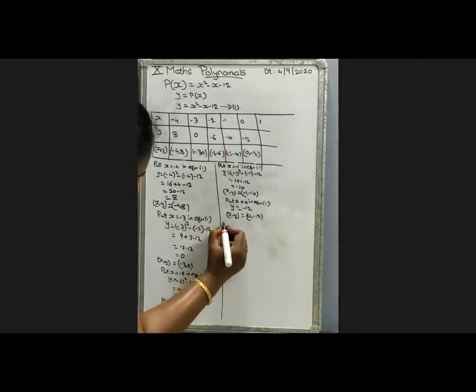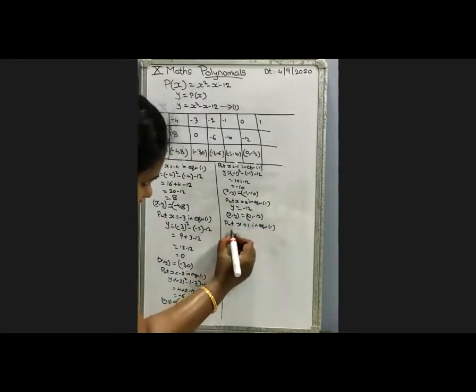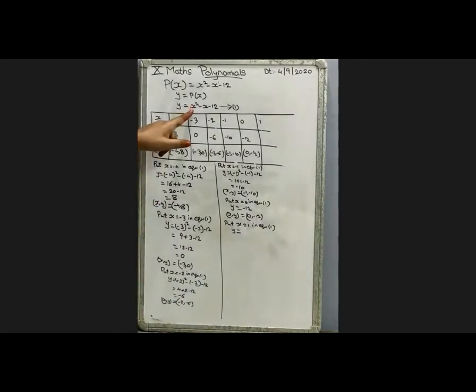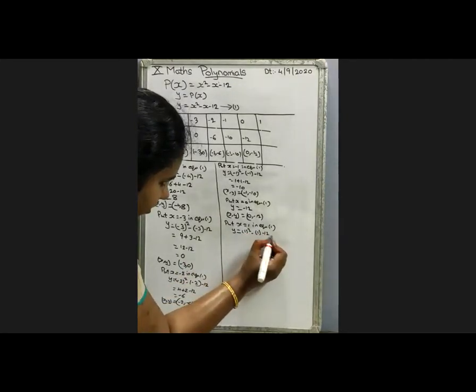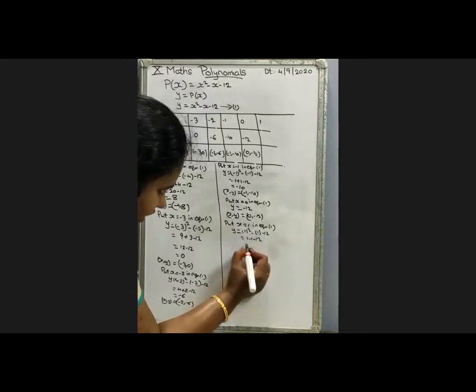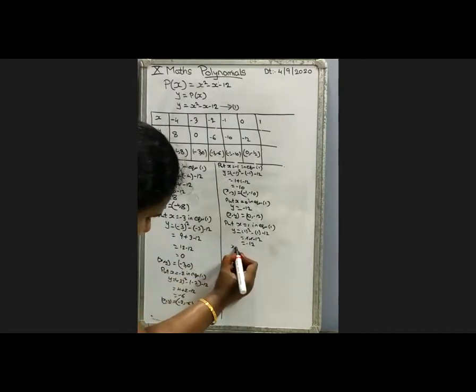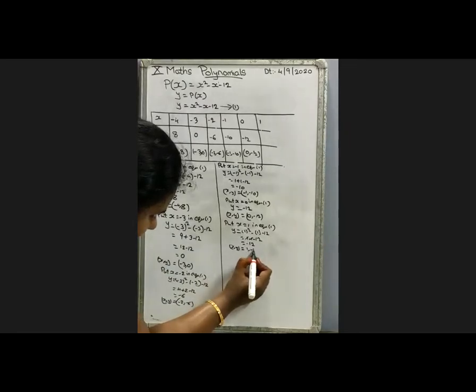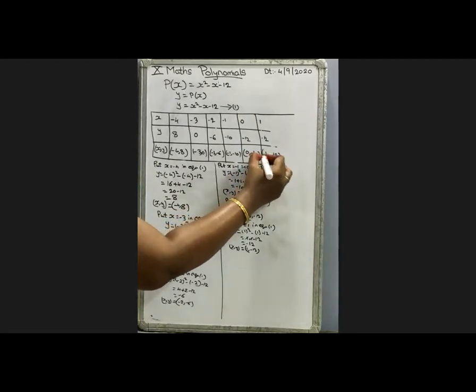Now you take 1. Put x equal to 1 in equation 1. y equal to 1 square, which is nothing but 1, minus of 1, minus 12, which equals 1 minus 1 minus 12. You will get minus 12. Yes or no? Because the plus 1 and minus 1 cancel. So x comma y equals 1 comma minus 12.